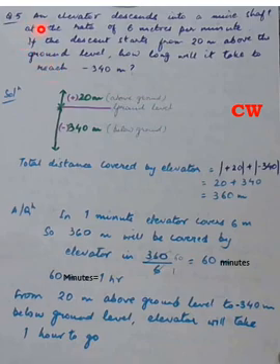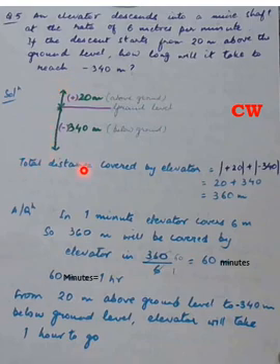Question number 5. An elevator descends in a mine shaft at the rate of 6 meters per minute. If the descent starts from 20 meters above the ground level, how long will it take to reach minus 340 meters? So I have tried to explain this question with the arrow figure. This purple line indicates the ground level, 20 meters above ground level, that's why I am using a positive sign, and 340 meters below ground level, so it can be indicated with a negative sign. Now here the elevator is actually starting from 20 meters above ground level and coming to 340 meters below ground level.